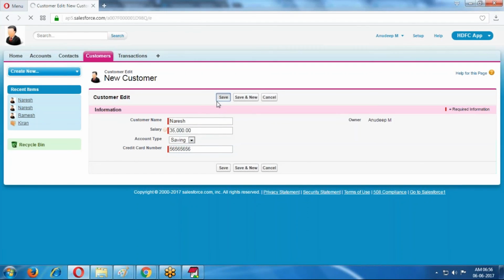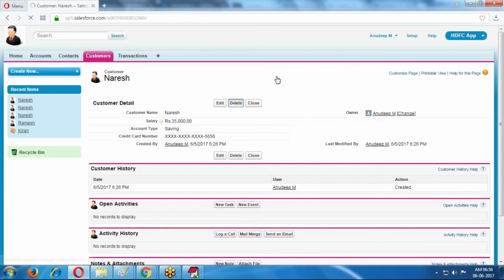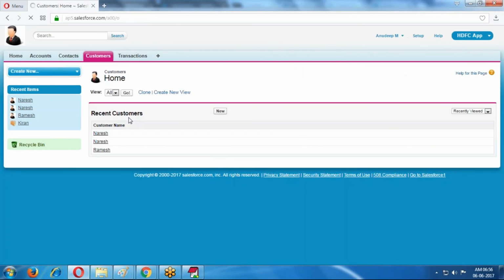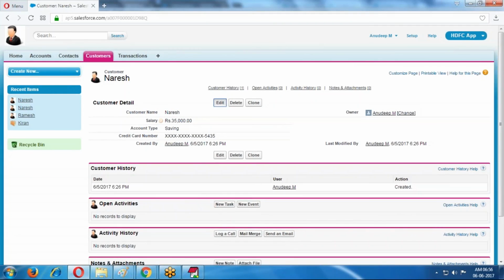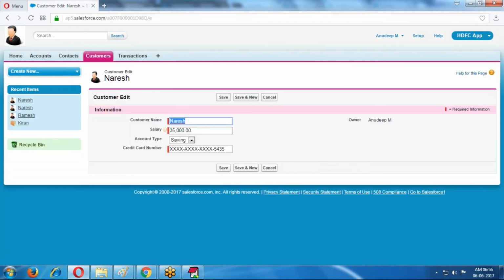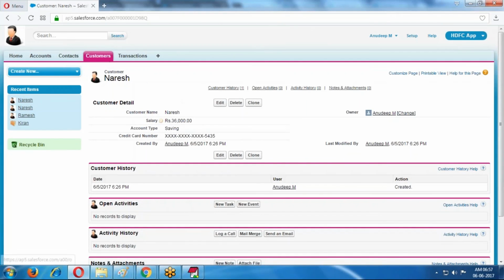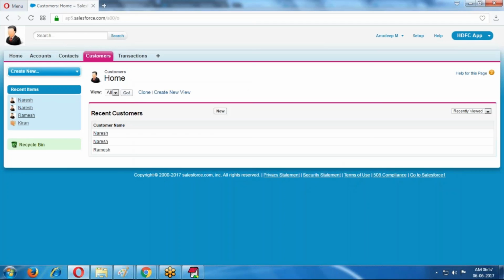Create. Can I delete? Delete. Can I edit? Yes, I can edit. Save it. Like this, you can perform all the operations on the customer object.